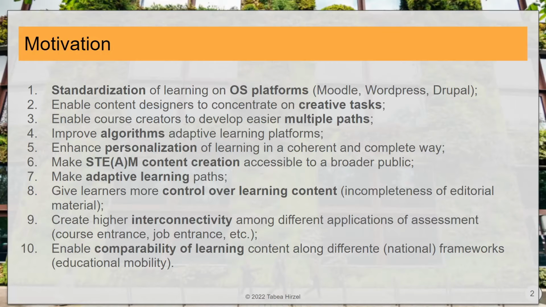So the idea that I could have a software that really holds all these data and, with just a few clicks, coordinates these contents and gives a scheme, not necessarily a real learning scenario, but a scheme of how to combine different topics, would be fantastic. It would also enable course creators to develop multiple paths more easily. So if you have one learning scenario, you could easily switch and recombine it. That is another idea. It would also improve algorithms for adaptive learning platforms.